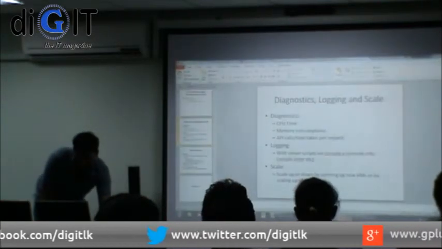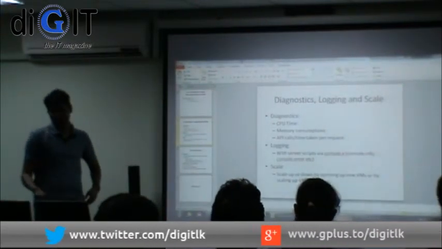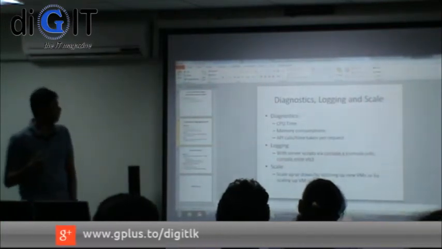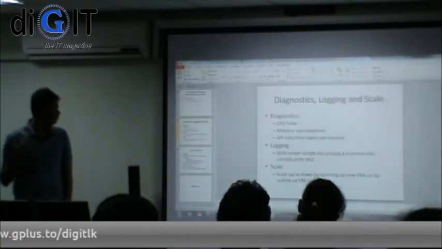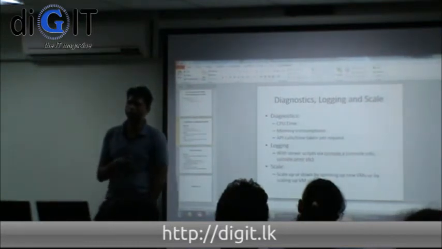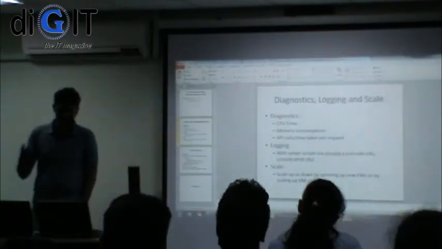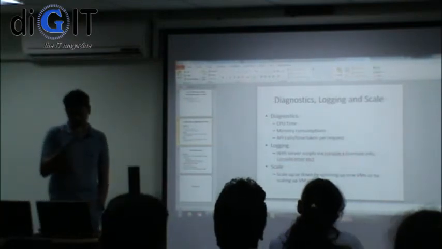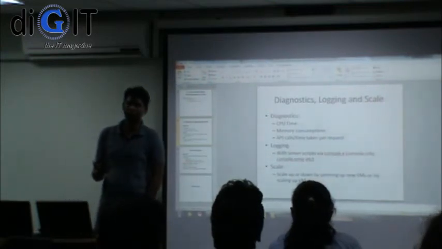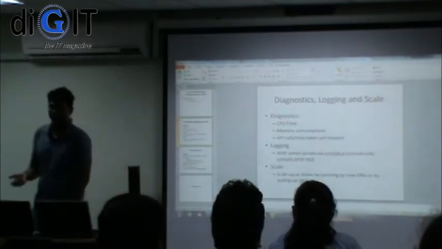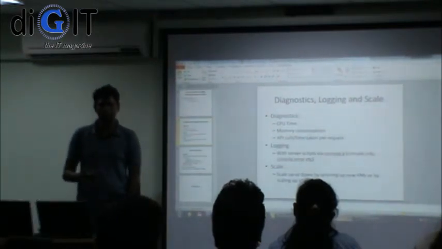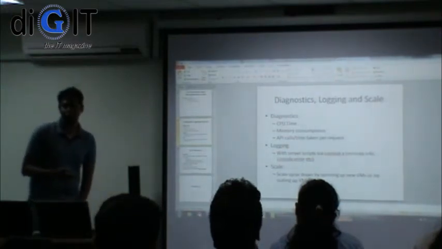Other than that, you've got scale up and scale down. On the demo account, you're not going to create more than one VM. But once you want to scale, you can create new instances, and it does it for you seamlessly. You don't have to worry about bringing in extra CPU and bandwidth and anything like that. It's just there for you. You can also scale the VM size. You start off with a single core processor, then you want to up it to a quad core, and you can do it seamlessly without service interruption. That's the whole point of using a platform as a service to scale it.